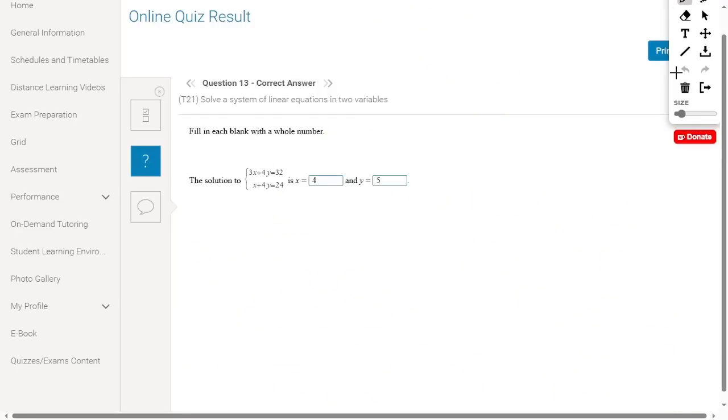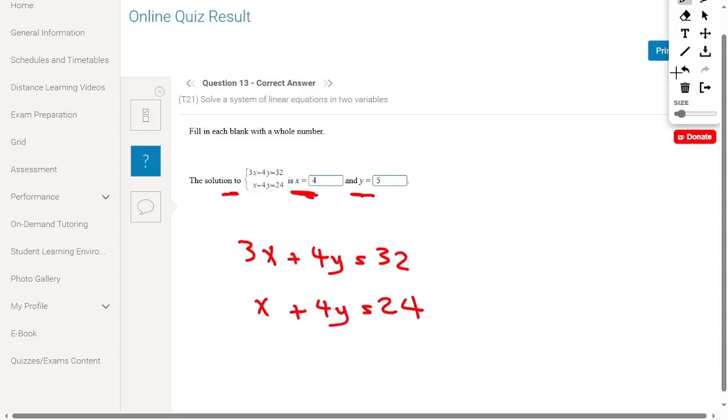Fill in each blank with the whole number. The solution: I have 3x plus 4y equal to 32 and x plus 4y equal to 24. We need to get x and y. Okay, here, of these two equations, I have 4y and 4y, they have the same coefficient, so we can just multiply this equation by a negative sign, so it will be minus x minus 4y equal to minus 24, and we'll